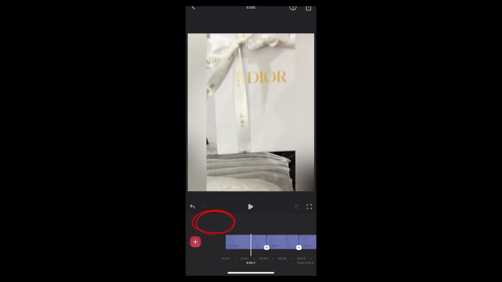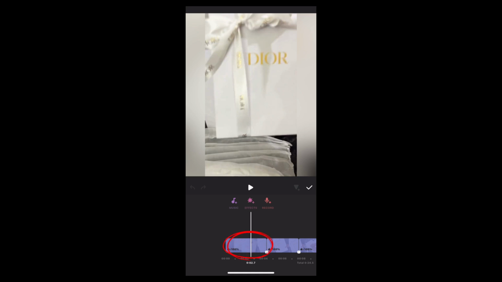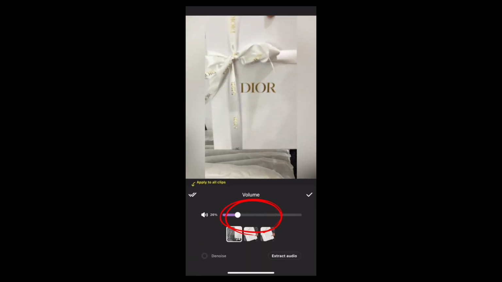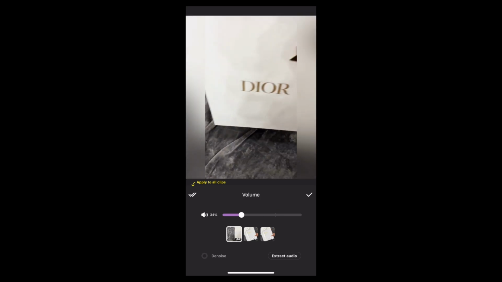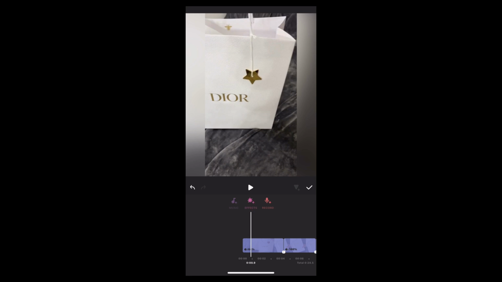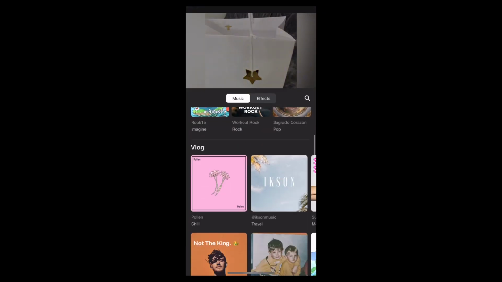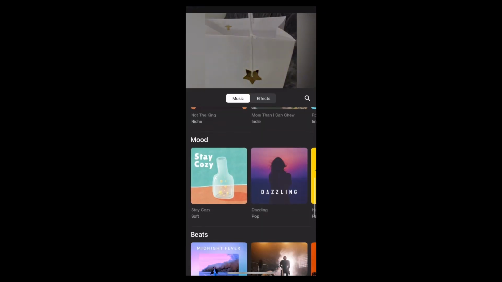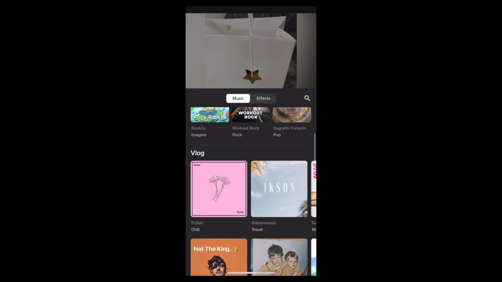Tap on the audio option. Here you can tap on the track itself. Now you can edit the audio yourself. Now let's add some music. Tap on the music icon right here. You can either choose a song from InShot's built-in library or tap on My Music to add a song from